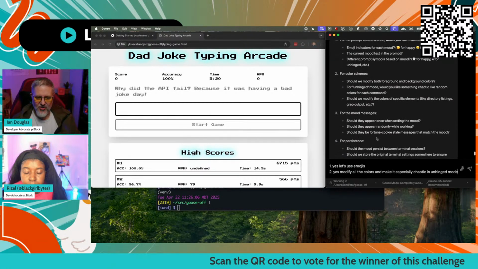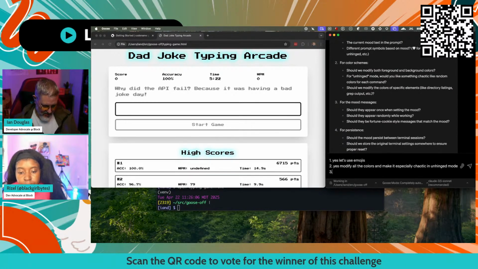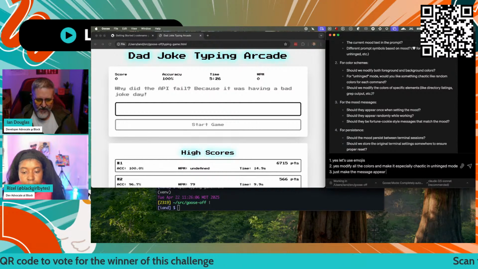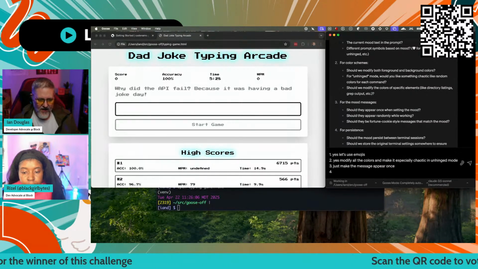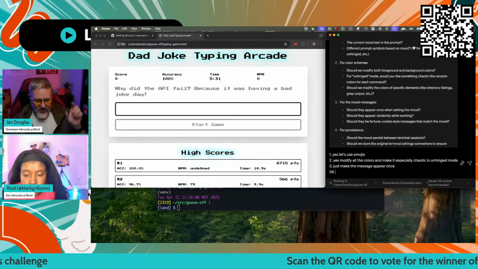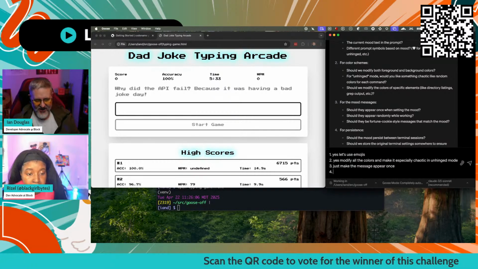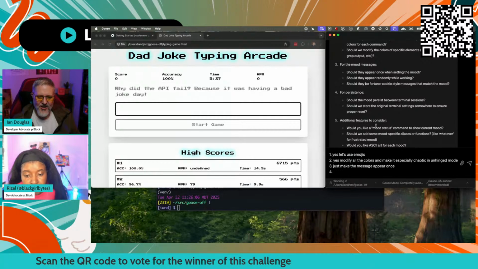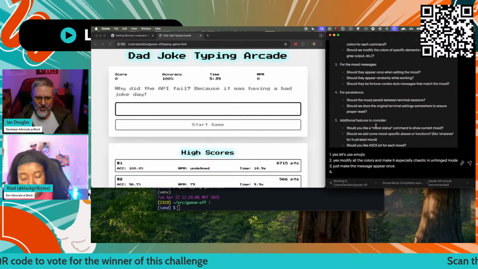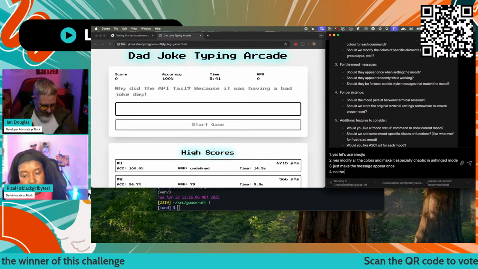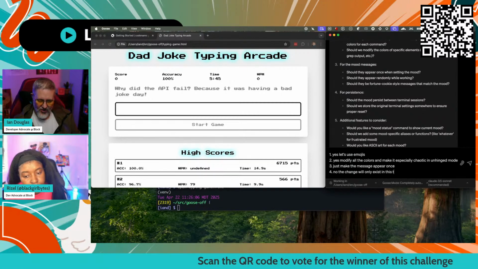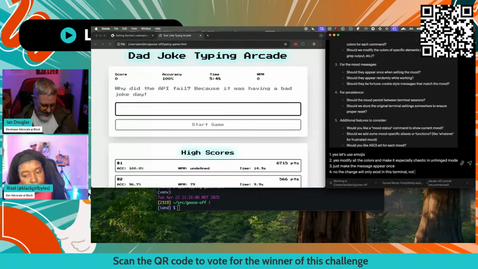For the mood message, should it appear once? Just make the message appear once. I don't know whether you have to put the numbers next to it, but I feel like the UI gave me numbers, so maybe that's going to help it with the relevance of what's going on. Should it persist? No, the change will only exist in this terminal, not permanent.